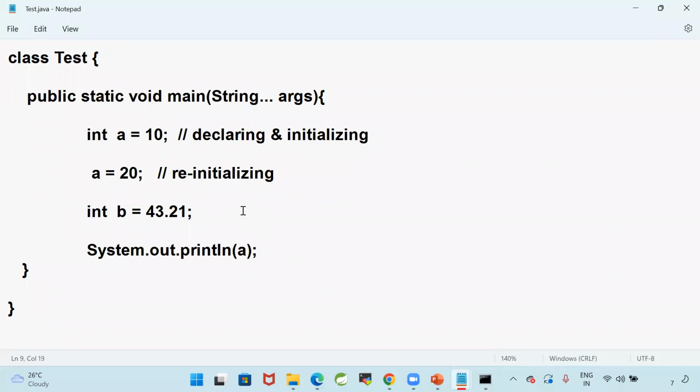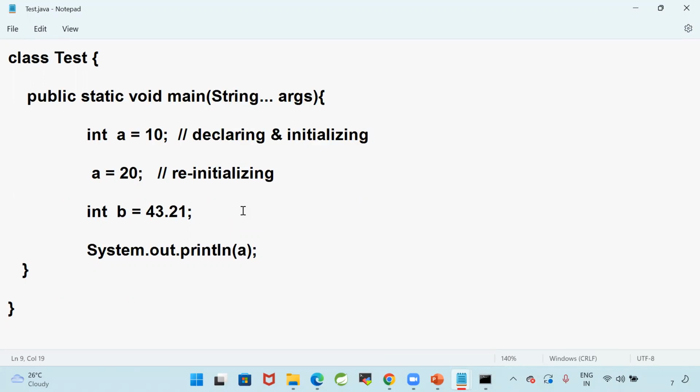I'm taking one bottle with 8 bytes, one glass with 4 bytes. Can I store this 2 liters water bottle water into this glass? What will happen? Overflow. Same thing is going to happen here. 8 bytes of data you are trying to store into 4 bytes of memory. There is a data loss.